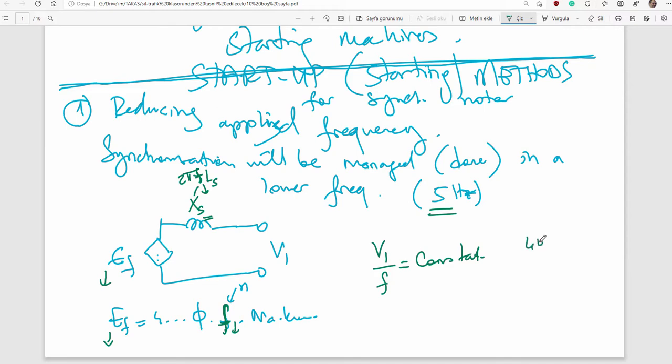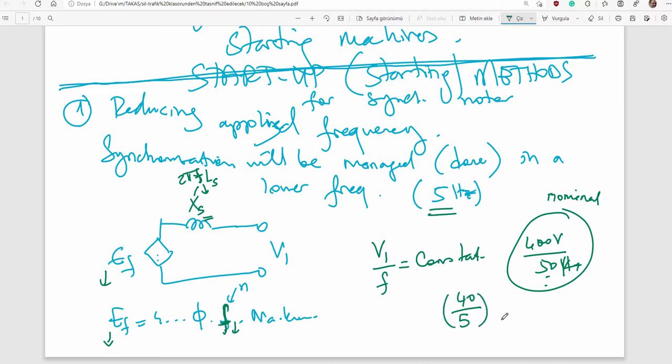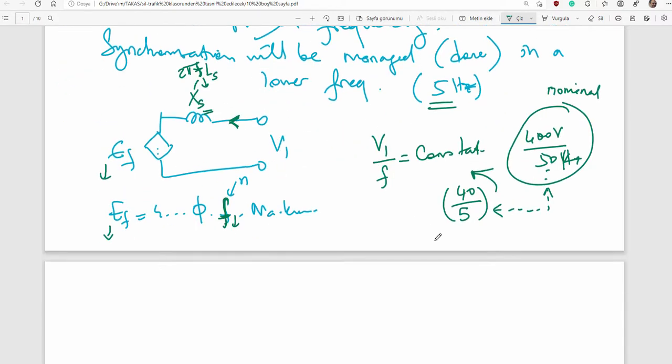Let's say 400 volts, for example, over 50 Hertz, that will be the rated or nominal values of the machine. And then when you apply 5 Hertz, here must be 40 volts. The ratio must be constant to keep overcurrent away. Otherwise, there will be overcurrent. That is an approximate method. In fact, it is not